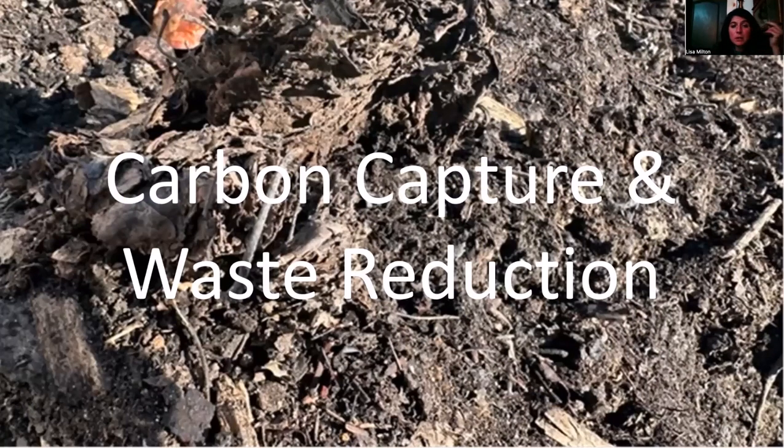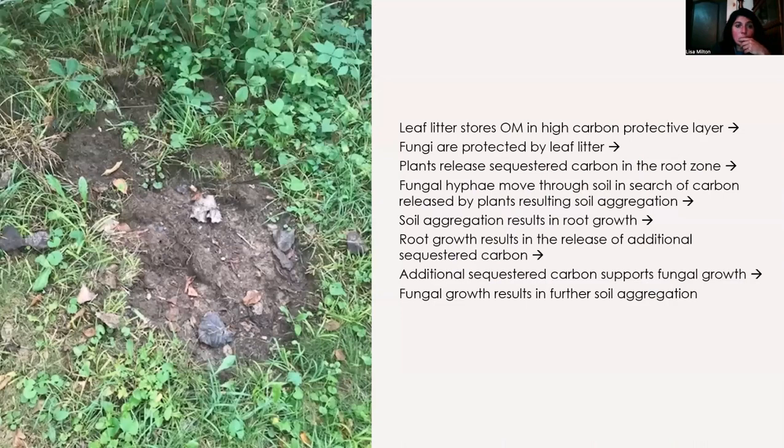So I wanted to talk a little bit about carbon capture and waste reduction. Here you can see some exposed roots and bare soil. And what happens in this kind of situation is that the fungi that the plants rely on for the nutrient cycle, for the carbon cycle, aren't protected. The carbon cycle and carbon capture in the soil is benefited by leaf litter, because the leaf litter protects the fungi, which then move throughout the soil to move toward the sequestered carbon that's being released from the plant's roots. So the plants sequester carbon out of the atmosphere and release it into the soil through the roots. And the fungi move through the soil and cycle